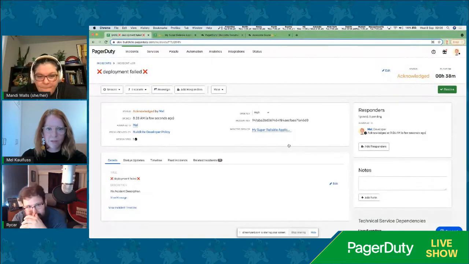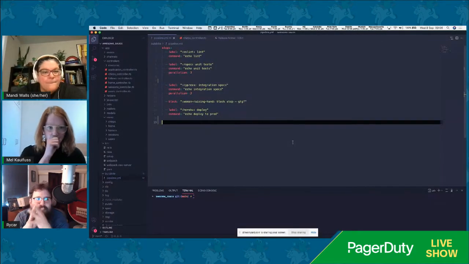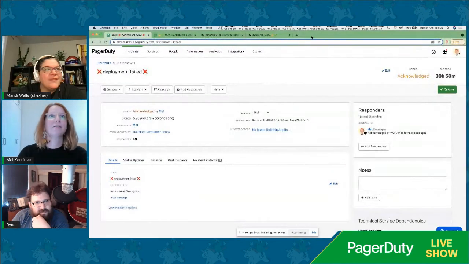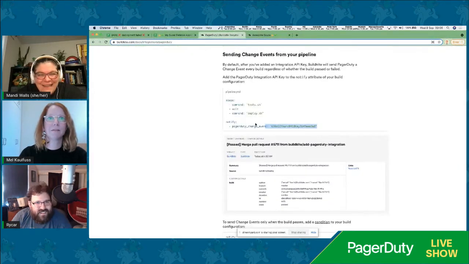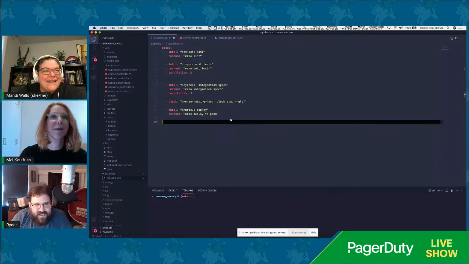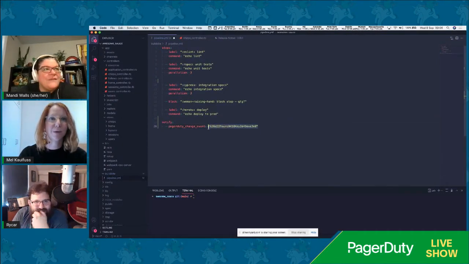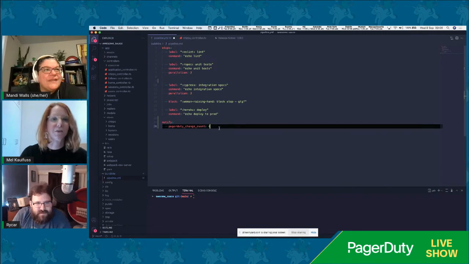All right. So jumping over to our pipeline config here, we can add our change event, which is a notify step, which I think, let me look at the docs because YAML is really, I don't have my key yet. But anyway, let me just set this up. That's what it looks like. And we will add the key once I've actually done that.